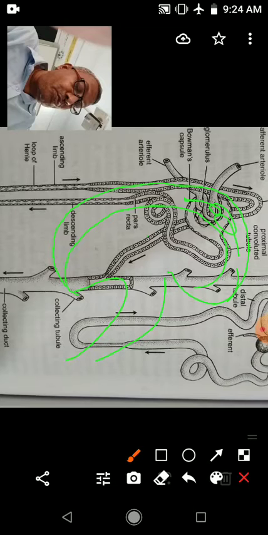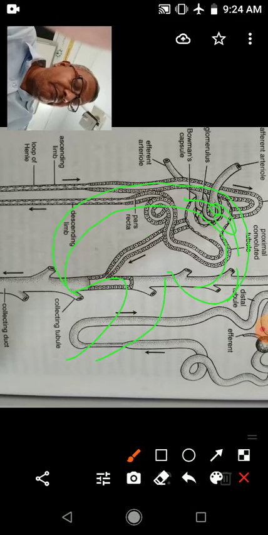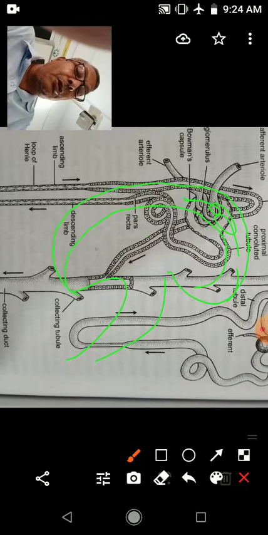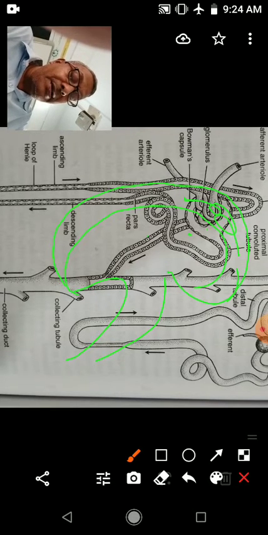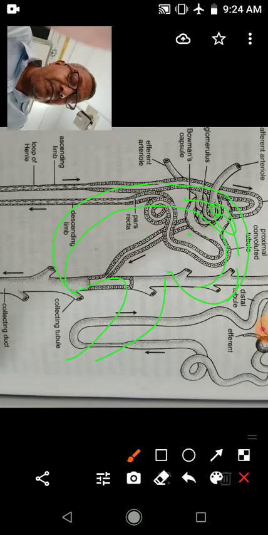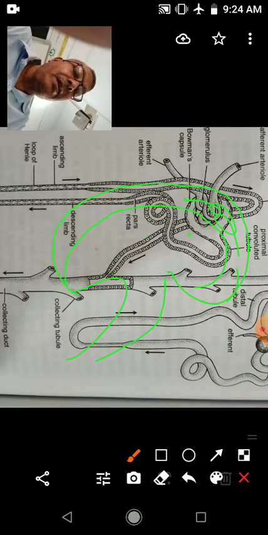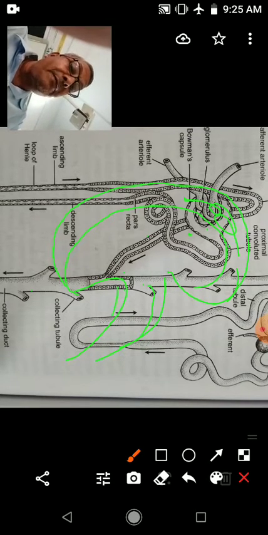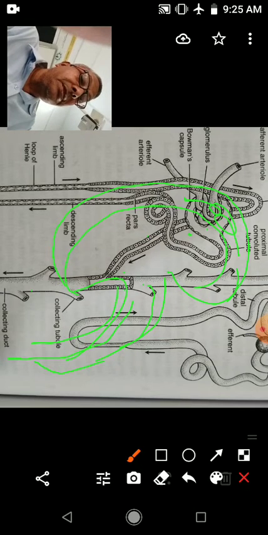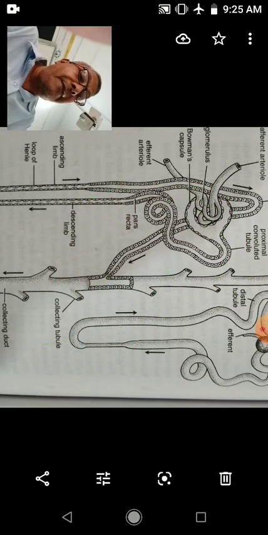Other nephrons whose loop of Henle is longer, extending to the medulla, are called juxtamedullary nephrons. The collecting ducts open into the papilla. The papilla opens into the pelvis, and from the pelvis then the ureter. The urine formed after the filtration of the blood passes through the ureter and is collected in the urinary bladder. So this I told you, the structure of nephrons.